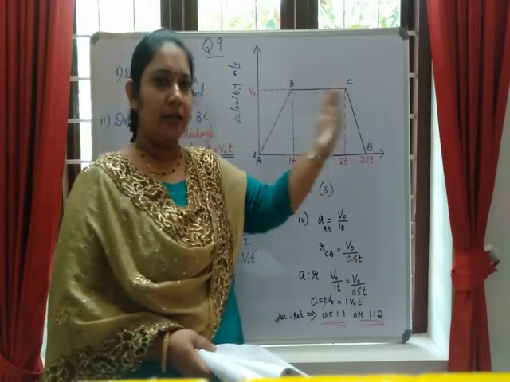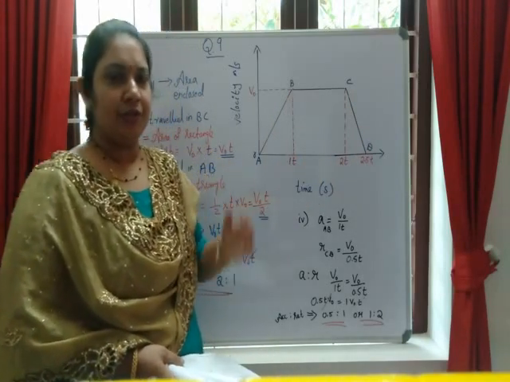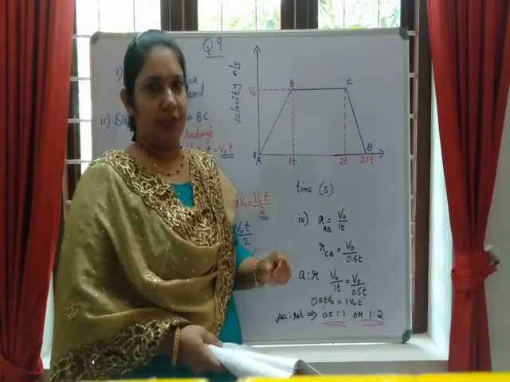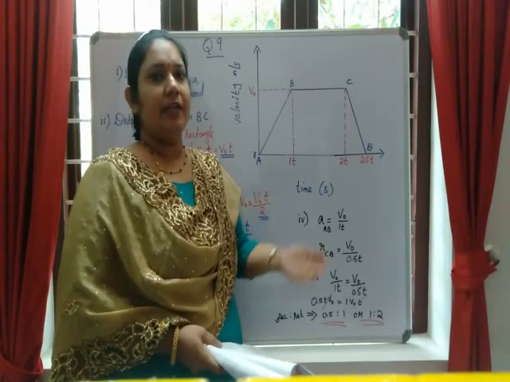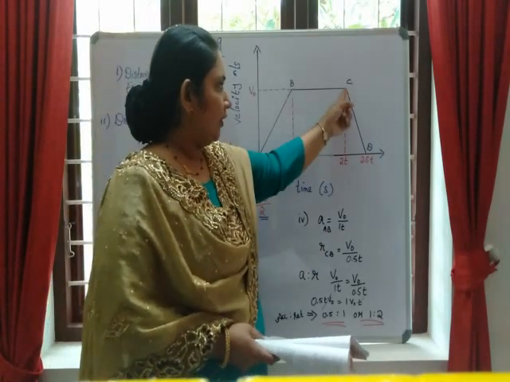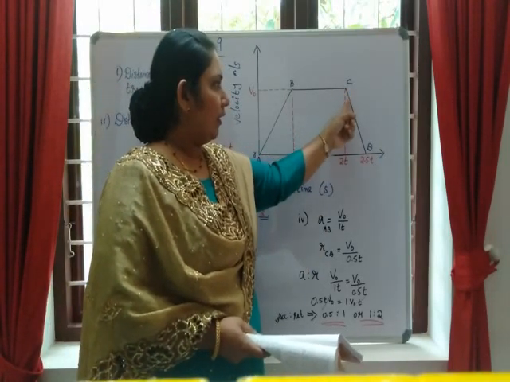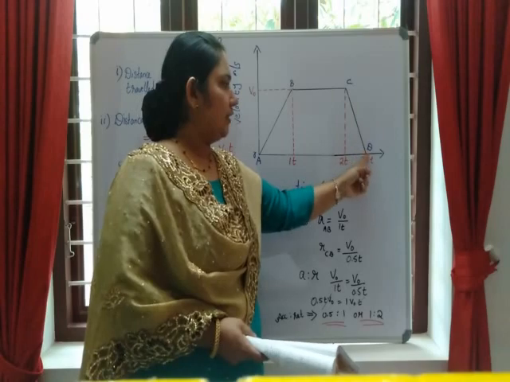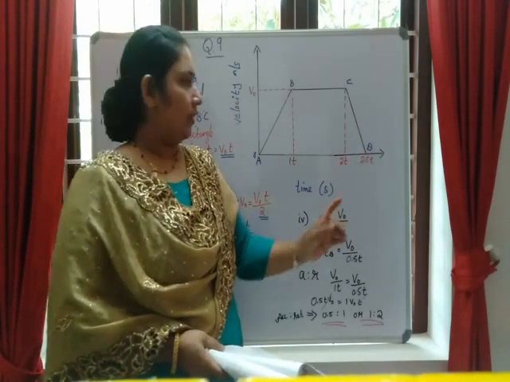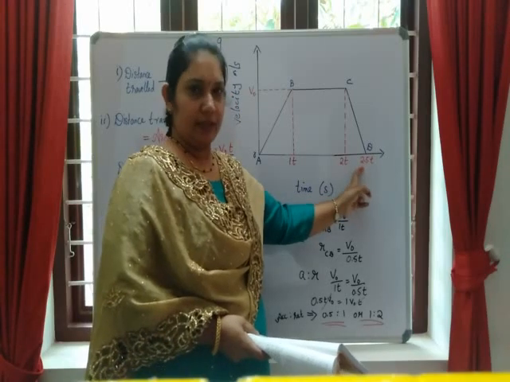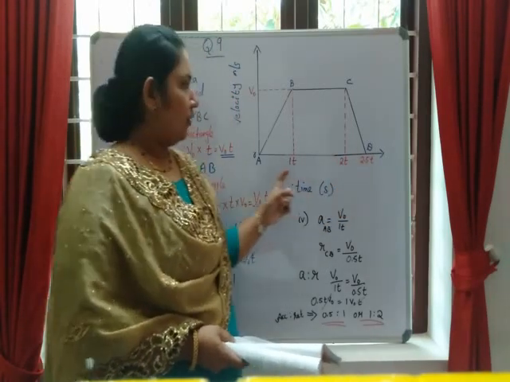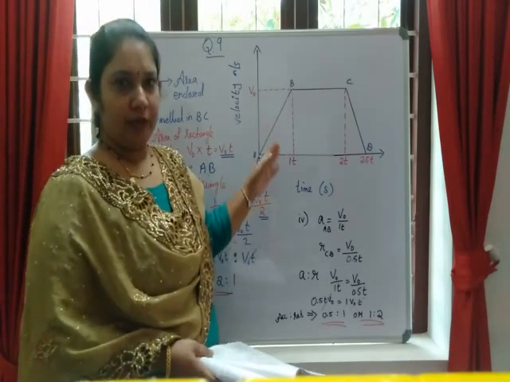Finally he is about to reach his destination. What does he do? He just starts reducing the acceleration. That means a retardation takes place. He just reduces the acceleration, so gradually the velocity reduces and reaches 0. That is finally the bike comes to rest. Okay, so within 0.5 second, from 2 second to 2.5 second time. So this is the meaning of the graph.